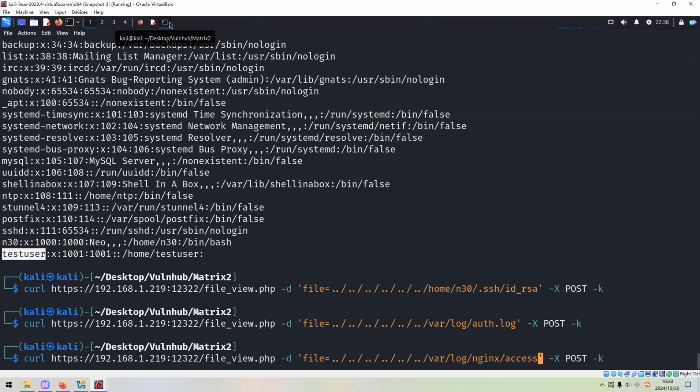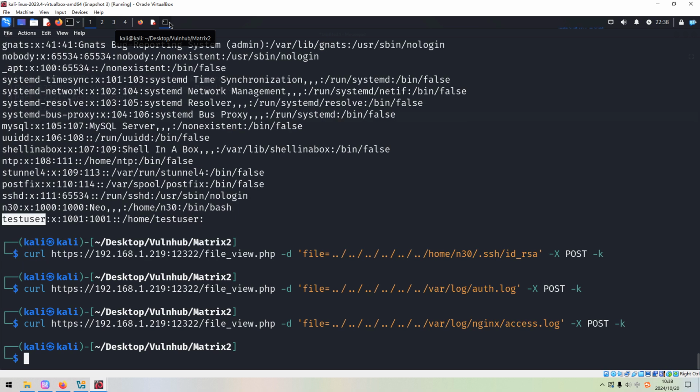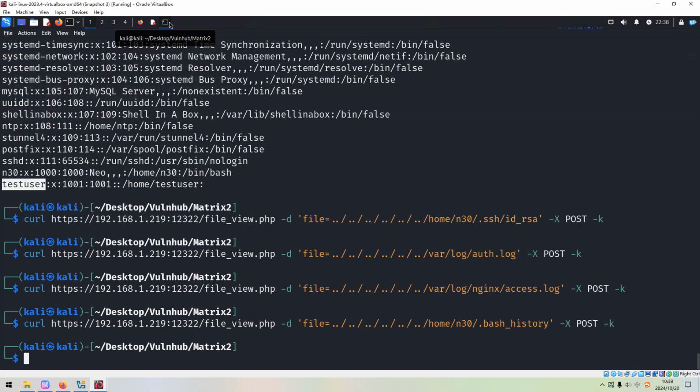Access. Nothing returned. So how about we retrieve the bash history for this user? The bash history. Nothing returned. Very interesting, right? So how to proceed?